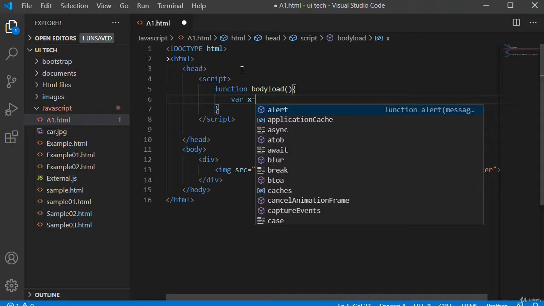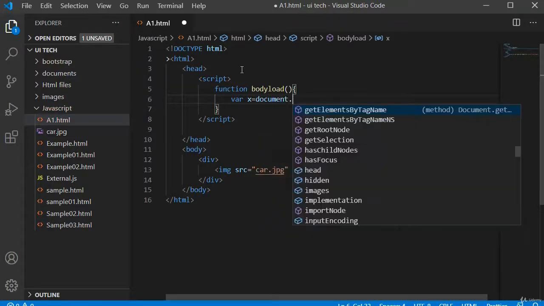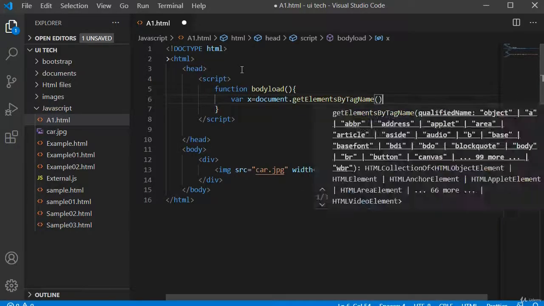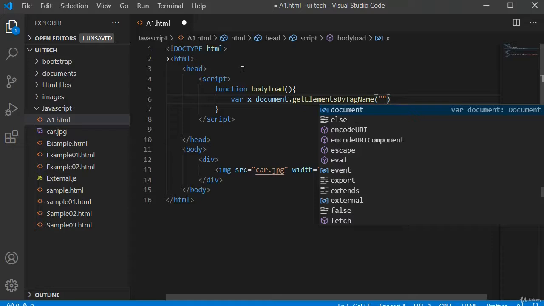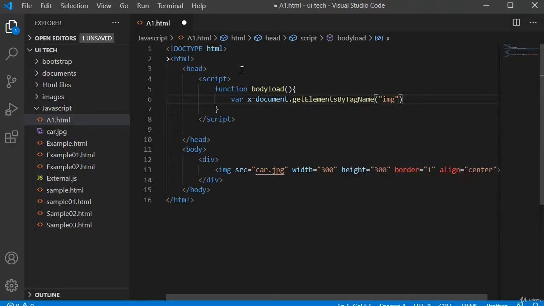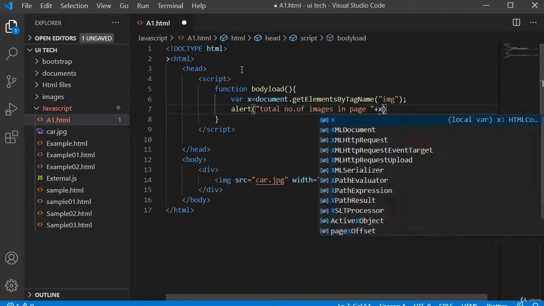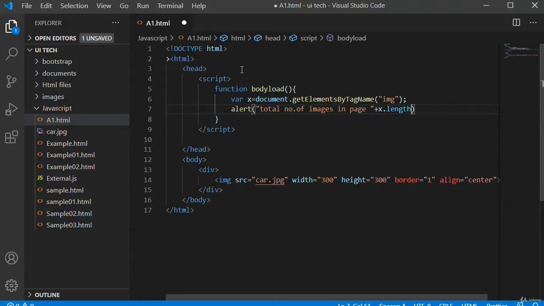I am creating the x variable, document dot getElementsByTagName, and my tag name is img. Close it. Now create an alert box. Inside the alert box, I want to print the total number of images in page. Our variable name is x dot length. We have the predefined property length.